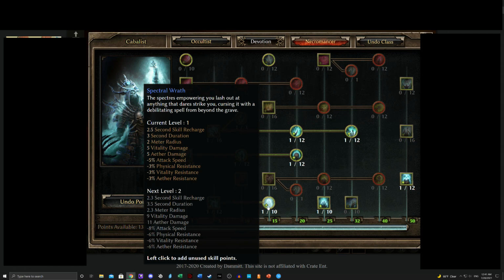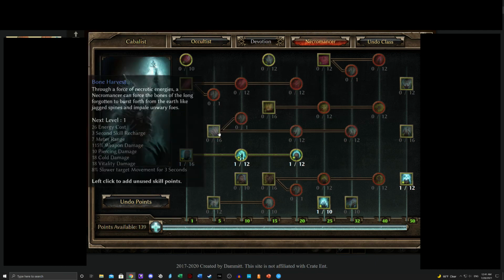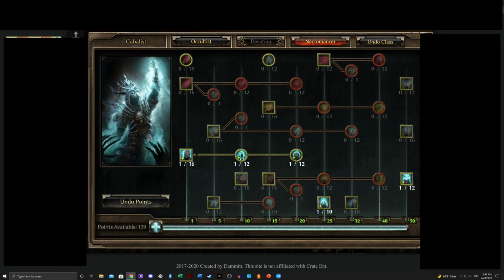Now, this build actually works really well with both melee and ranged. I'm going to actually explain that first. I'm going to pull this out for a hot second. See, if you're playing melee, you're going to be wanting to spend some time on skills that will boost your skeletons, because you're going to be spending a decent amount of time with them. However, if I had to make a recommendation for this build, I would actually slightly recommend and lean towards ranged,